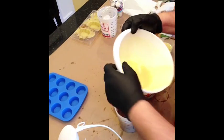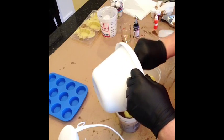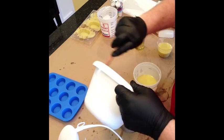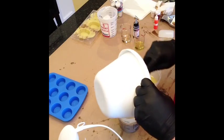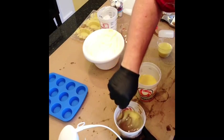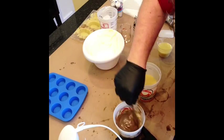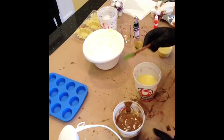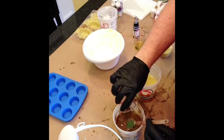I think I'll put the rest just back in the chocolate here and mix this up a little bit. In fact, it might be kind of cool to just do some little swirls in here. Give it a little bit more. Oh, I gotta mix it up. I can't do that. Alright. I forgot. Alright, so chocolate fudge, and it goes...